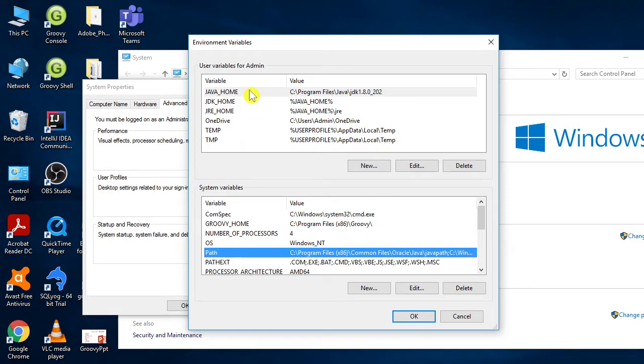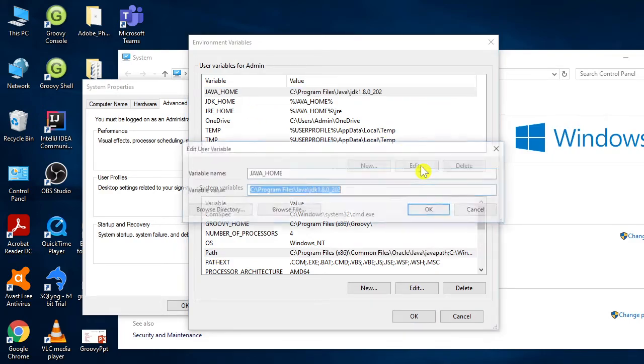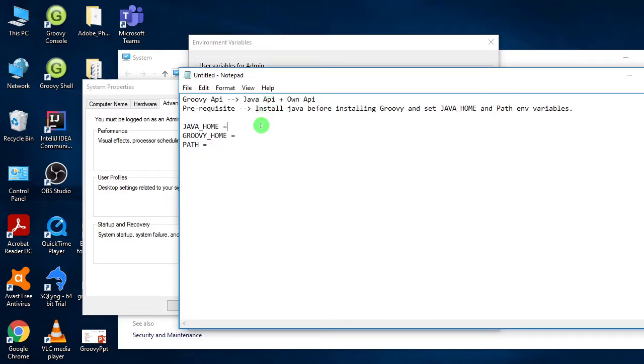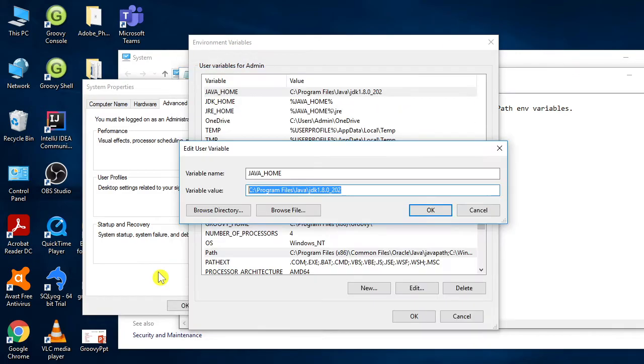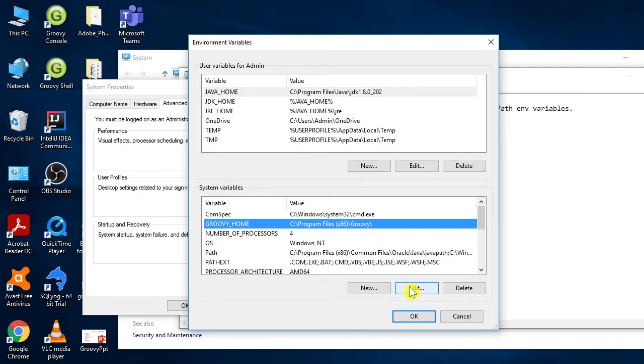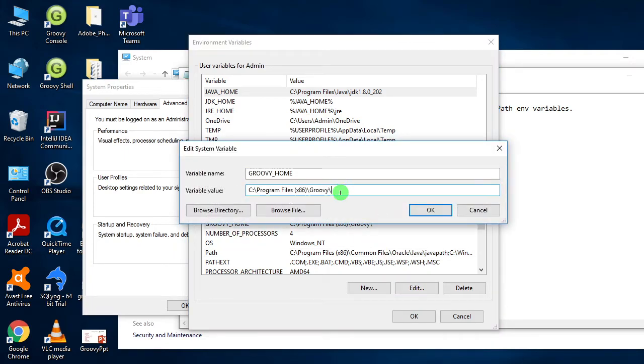So let's copy these values. Here Java home is pointing to the home directory of your Java installation, the JDK installation. And Groovy home is pointing to the home directory of your Groovy installation.